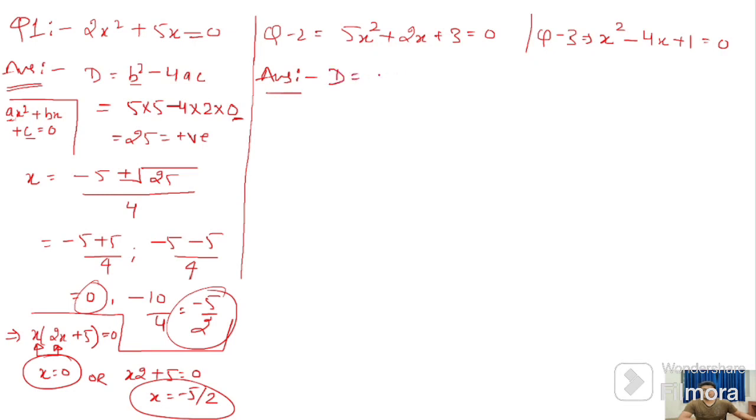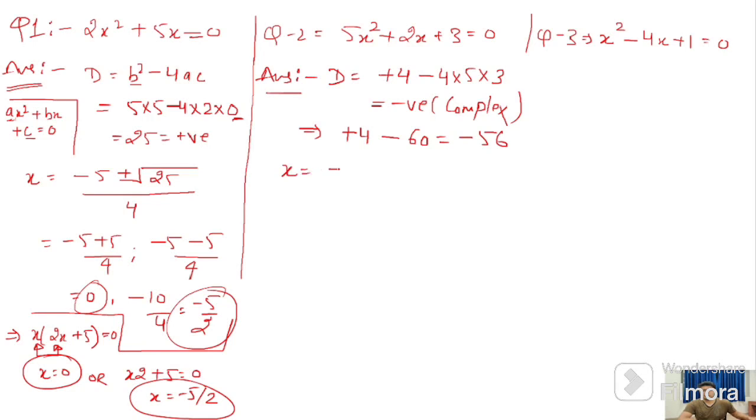The discriminant will be b square minus 4ac, which is 4 minus 60, which is minus 56, a negative value, so we have complex roots. So x will be minus b plus minus root of b square